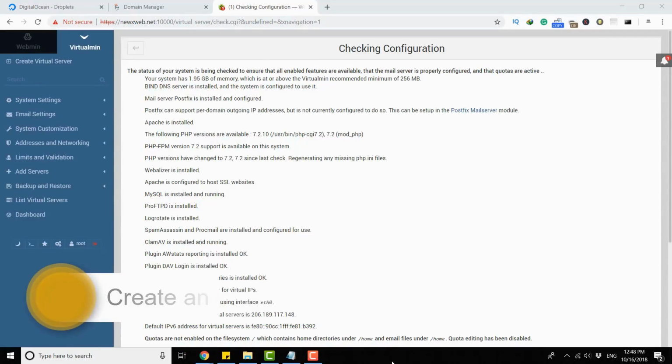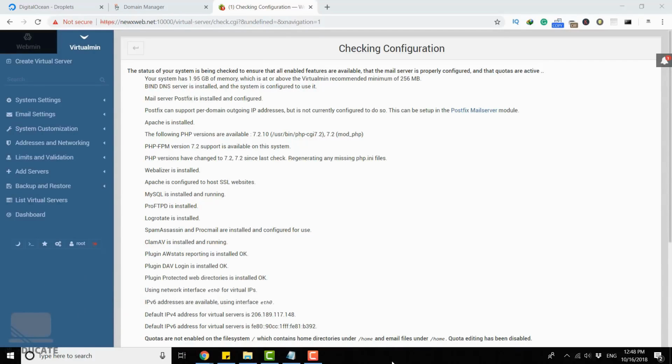So let's start by creating a virtual server. You can think of a virtual server as an account in cPanel. You have to create a virtual server, give a domain name, and then inside that virtual server you can create accounts, mailboxes, and so on. So simply click on Create Virtual Server,